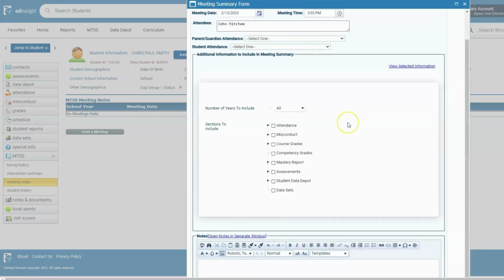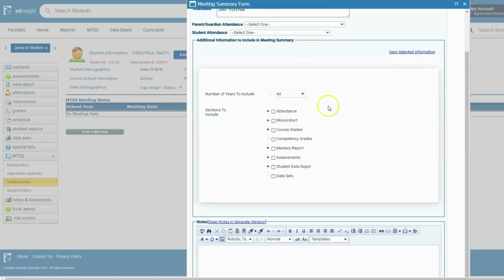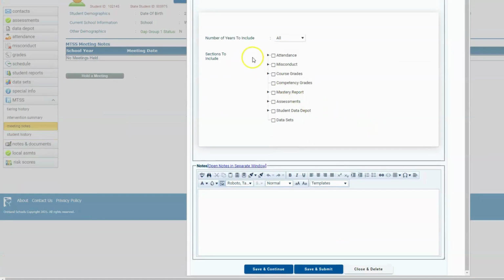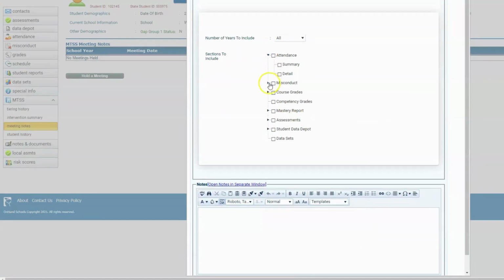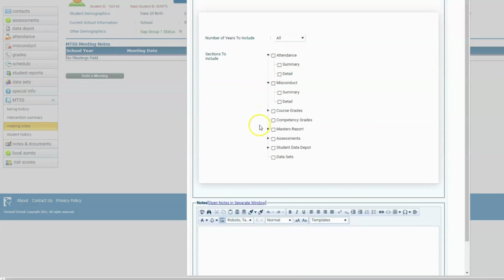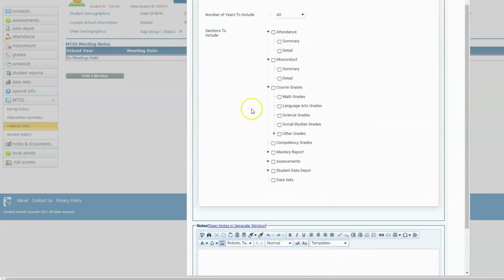Creating a student report would be the next step. You can choose how many years to go back. If you're interested in just the past couple in high school, here you would just choose 3. If you want to get an overall view of everything the student brings to the table academically, you could choose all. There are numerous options that you can choose, everything from attendance, their misconduct, their previous grades,